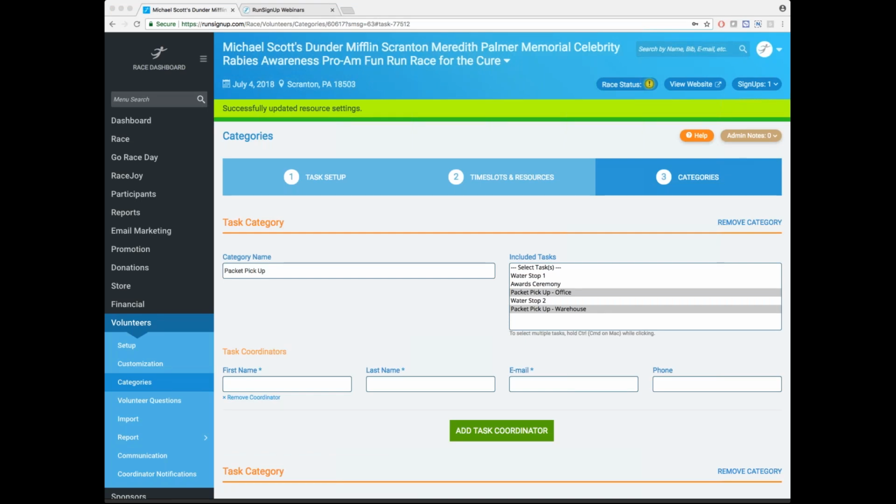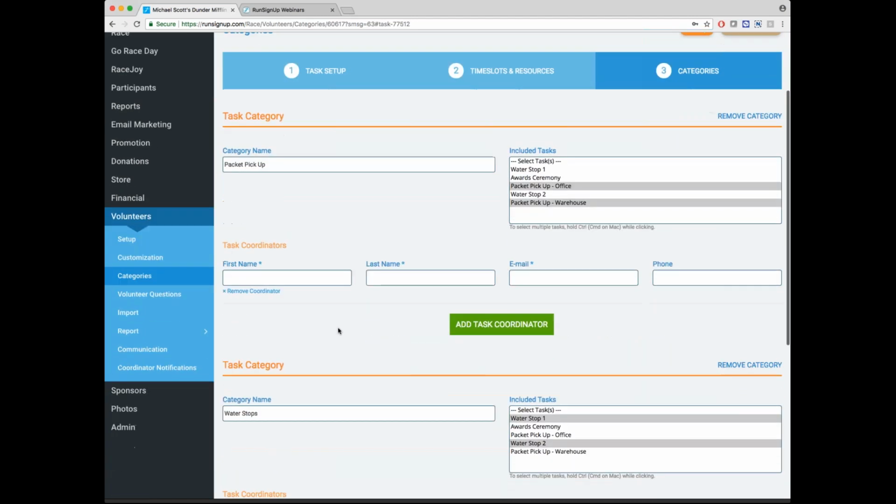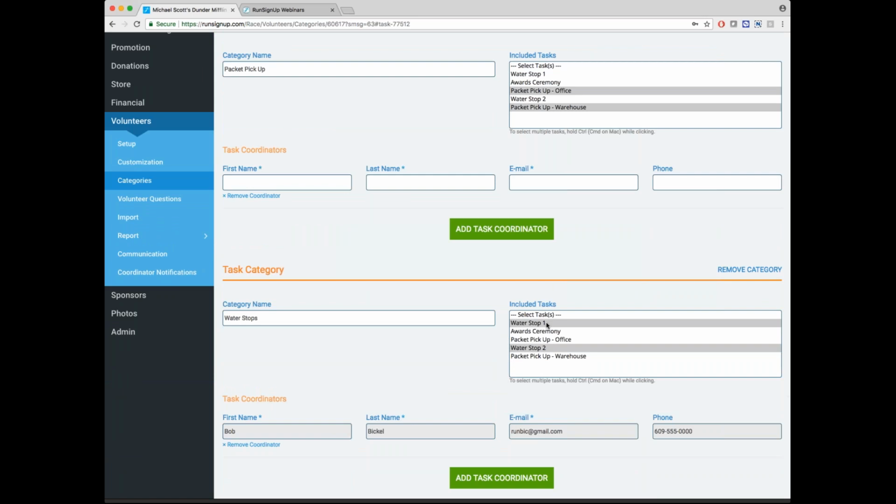You can think of categories as a collection of tasks. So here I've created 2 different categories. I have one called Packet Pickup, and I've grouped my 2 different packet pickups. I have one that's happening in the office and one that's happening in the warehouse together under a single category of Packet Pickup. And I've also grouped my water stops, which are at different locations, into a single task category